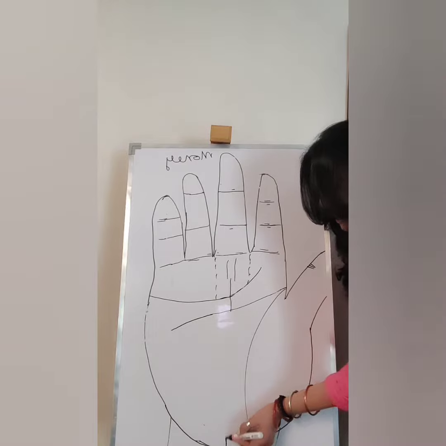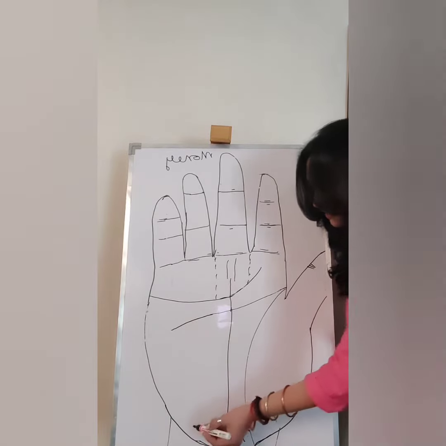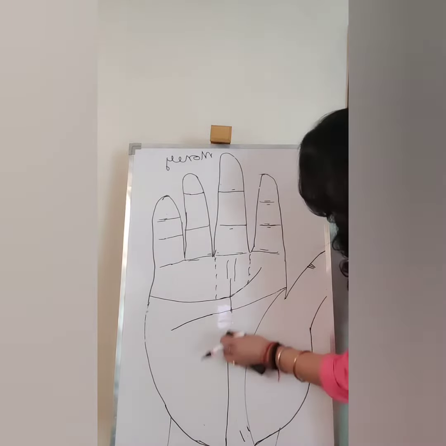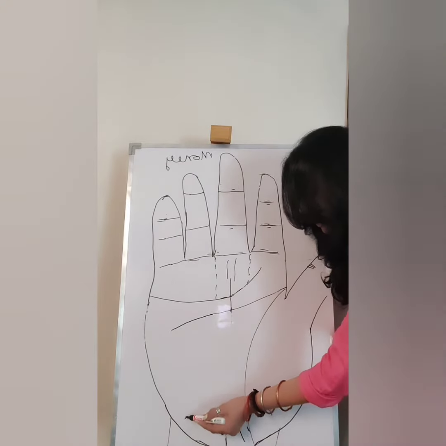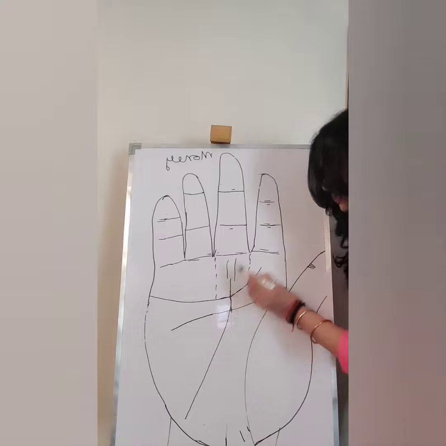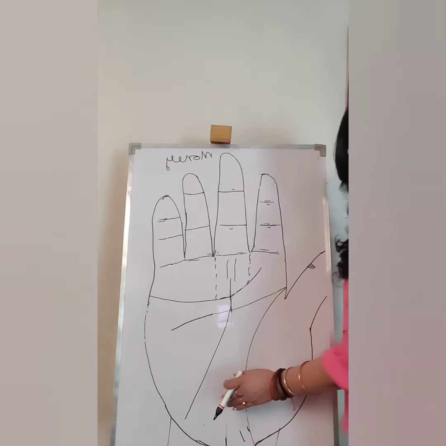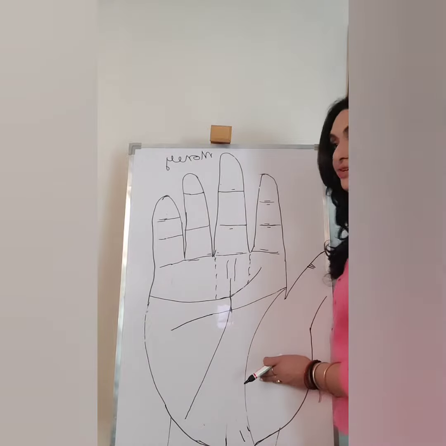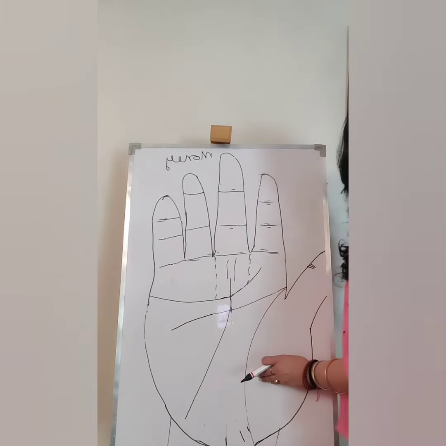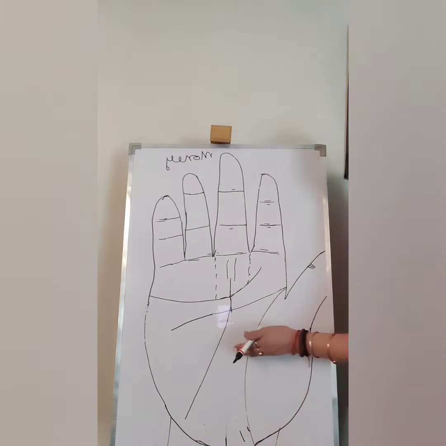Here, this is the ideal line. Sometimes the line starts not from here, but it starts from here and moves towards it. This is the line which is also very good. It's extremely good because there is no interference of your family in your life.